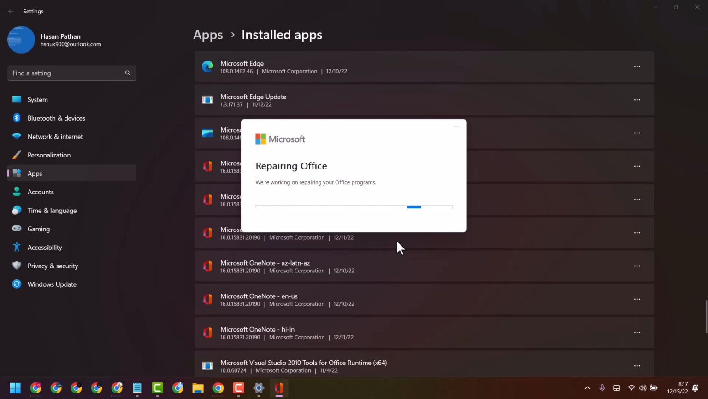So it will take some time guys, so complete this process, and once this complete, restart your system. Hopefully guys, using this method you can fix and resolve Excel all